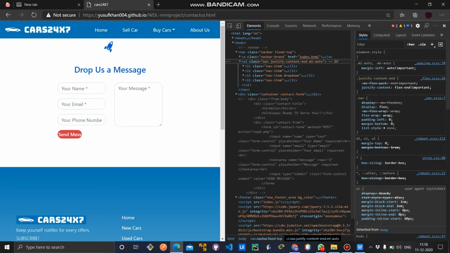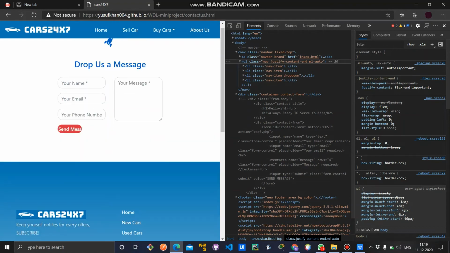Contacting is communicating with a person or a group of people in order to give or receive information. Here we have a contact page, contact us for more, where you can drop a message to ask or inquire about the cars which you want to buy or sell by mentioning your name, email address, and phone number, and dropping a message so we can acknowledge you as soon as possible.